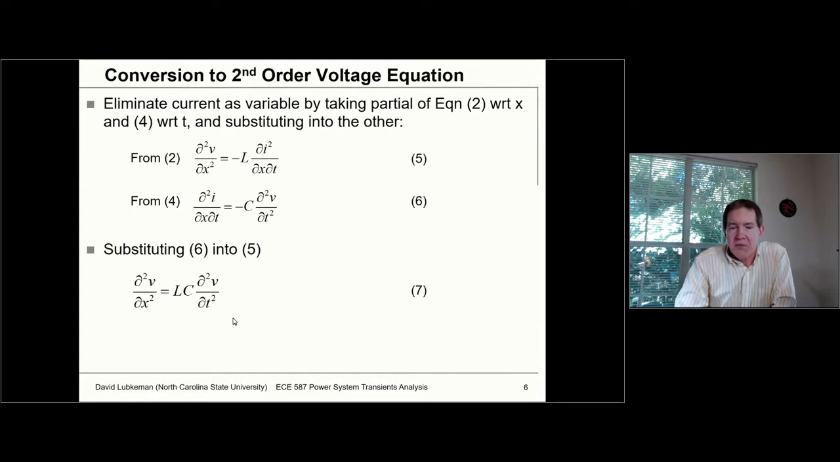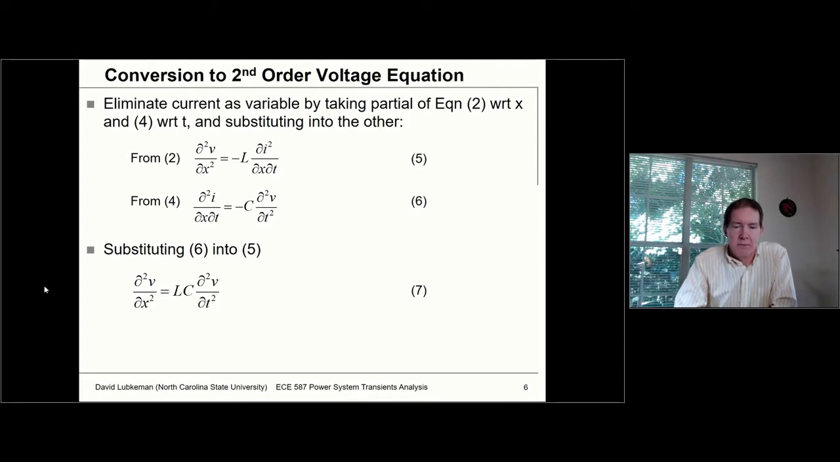Now, if you do some math manipulation on this, and I'm going to post some notes on the Moodle site that go into this in a lot more detail in terms of what equation gets substituted into what equation, you're going to end up with two second derivative expressions. The second partial of v with respect to x is equal to minus L times the second partial of I with respect to x and t. You've got equation 6, which is the second partial of I with respect to x and t, which is minus c times the second partial of voltage with respect to